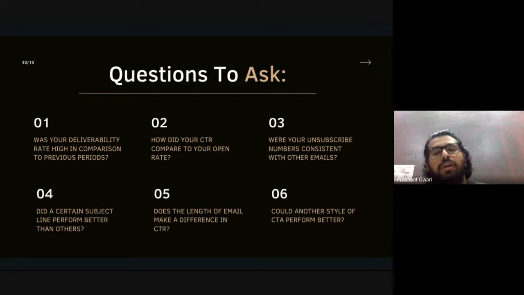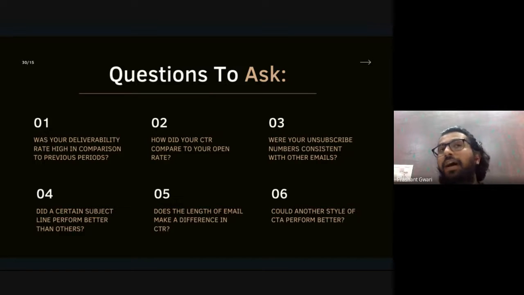And the last one is, could another style of CTA perform better? Because there are lots of call to action buttons. You can change the color, the size, choose a borderline, change the format, you can do different things with the call to action button.